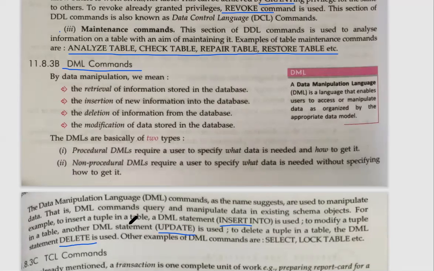At that time you can write that these commands are responsible for this. Then the select command and the lock table command. These are all the commands under your DML commands. Basically they are for retrieval of data, insertion of information, deletion of information, and modification of information.